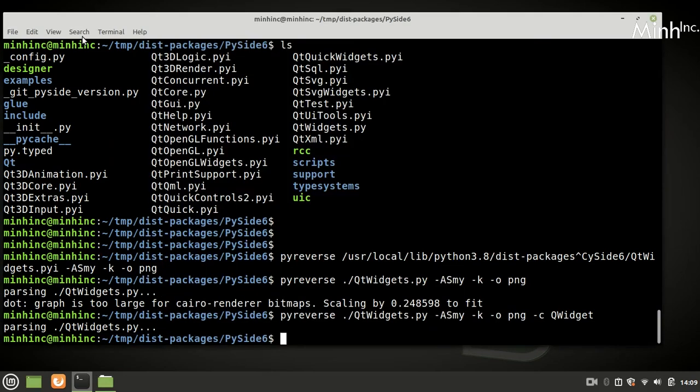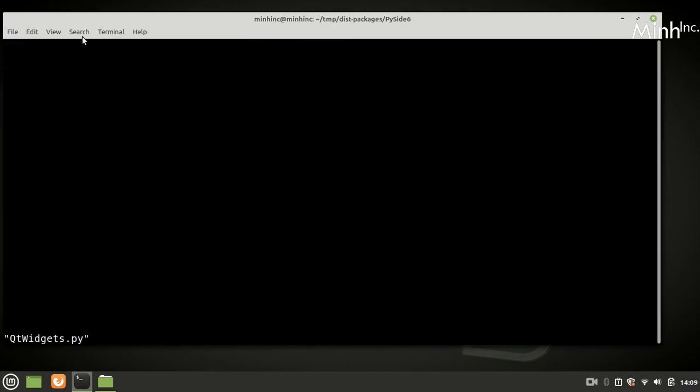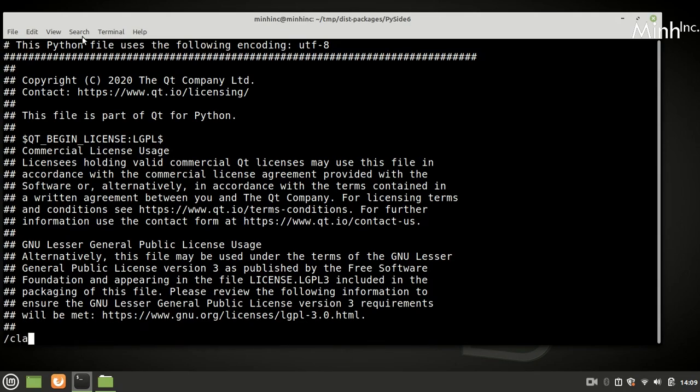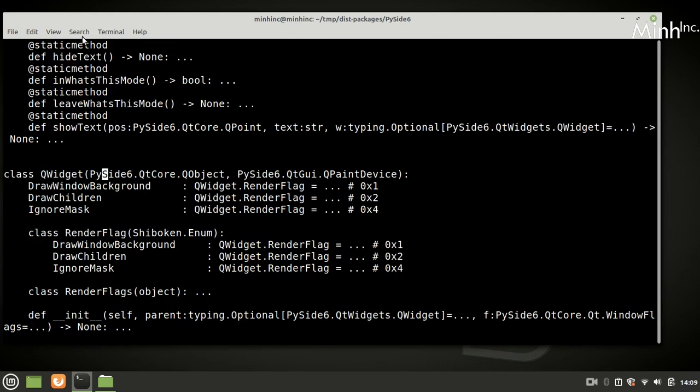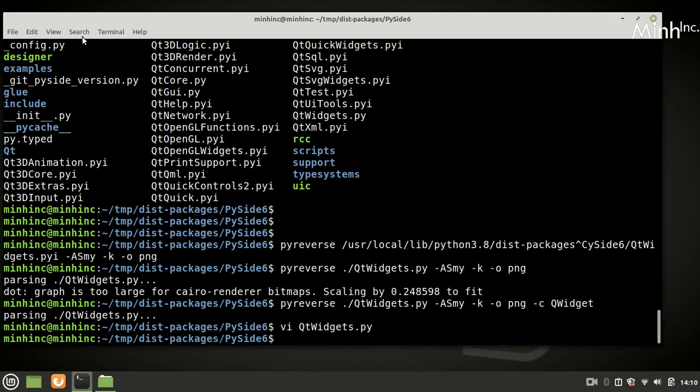The problem is, if we see the file again, it derives from the full package path PySide QtCore QObject. Okay, and in sys.path this PySide directory should be there in the sys.path. That is not here.